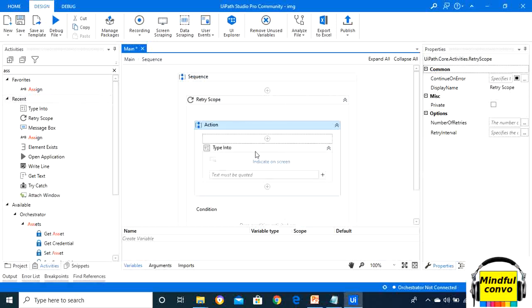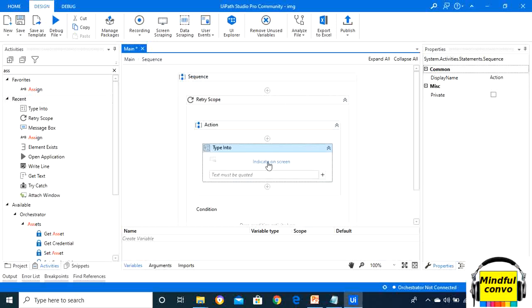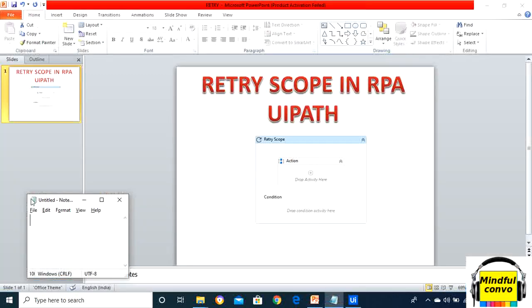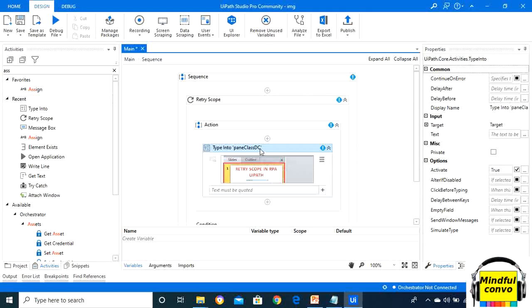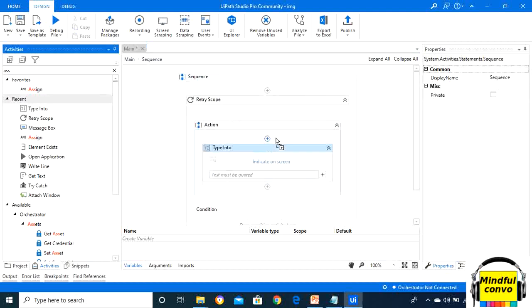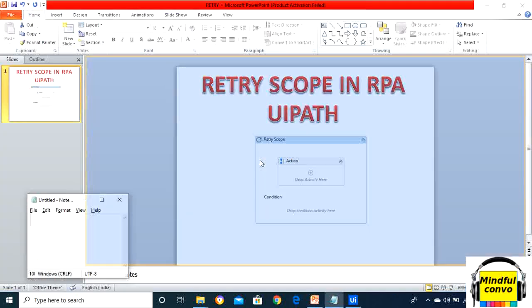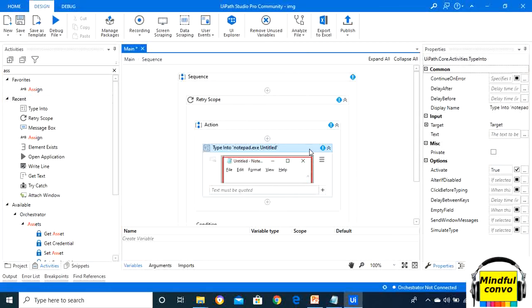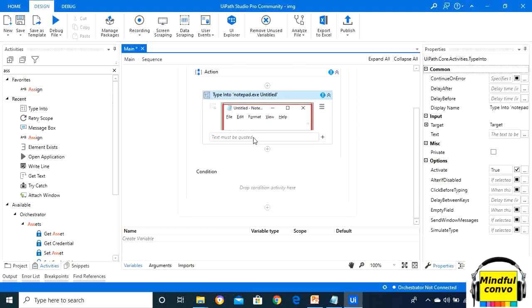And then after taking the type into activity, we will indicate the screen over the notepad. We will take the type into again and then indicate the screen. Here the notepad, and then we will write the text here like,